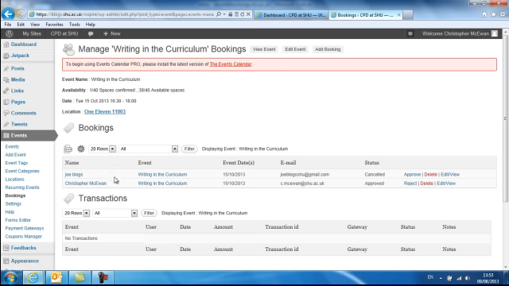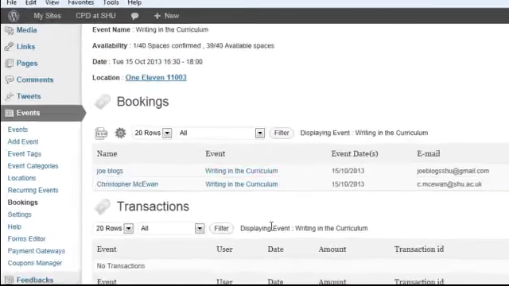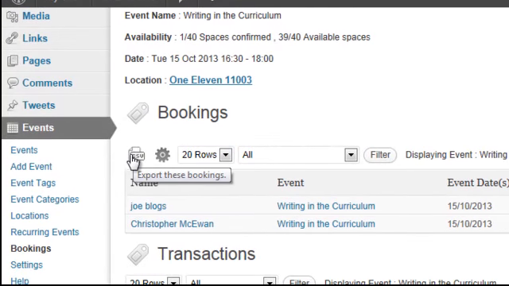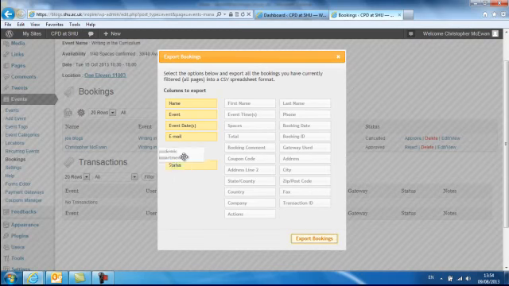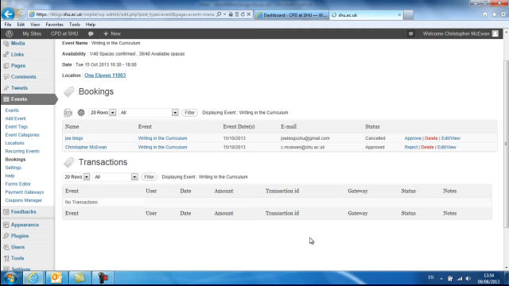To export the information from the event, once you're in this page, there's a little icon here called a CSV, and that's to export these bookings. If you click that, you'll get this that brings up what columns you want to export. You might want to add academic department and anything else. There's options there to alter. You then simply click export booking,